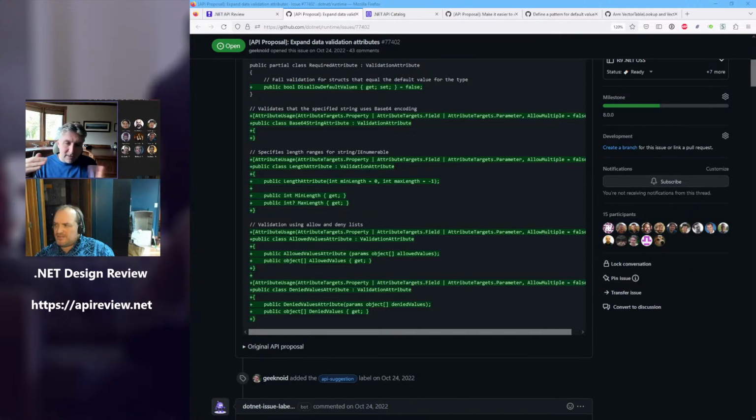Either it's allowed or not, and then either it's denied or not. Yes, but what if the user specifies allowed 5, 3, 2, and then denied 5? The allowed will say, yep, no problem, and the denied will say, nope, I reject. And it doesn't matter which order you evaluate that in.